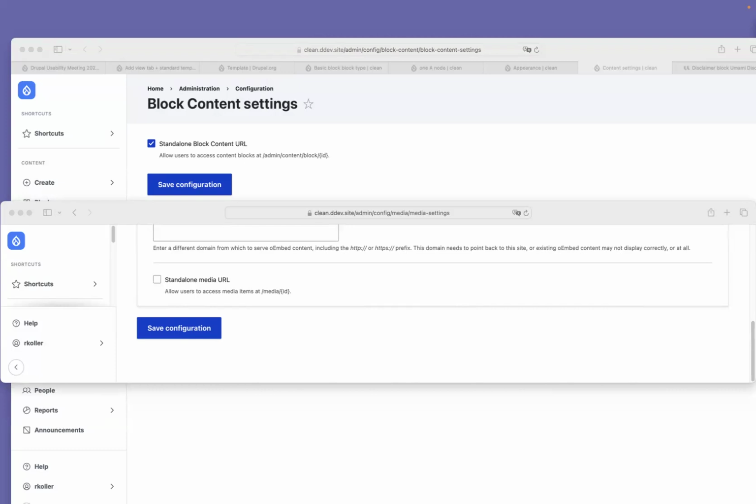implies, like a view tab on a node or media, that other people can go view this who aren't administrators. You grant people the ability to view published content or published media. You can't do that with blocks, because what's going on here is it's using the edit permission. So you either have the ability to edit blocks, and by having that ability, you also have the ability to preview. So maybe to avoid that confusion, this tab should be called preview or something rather than